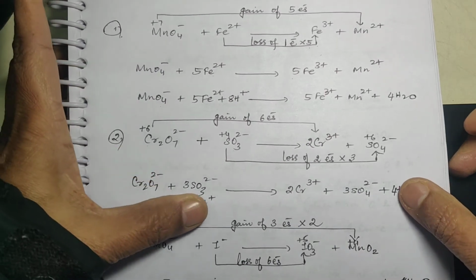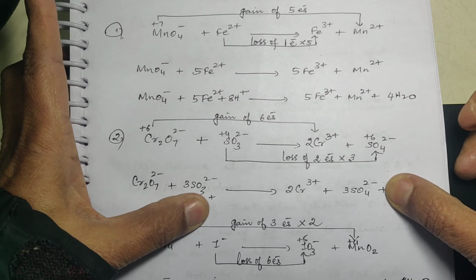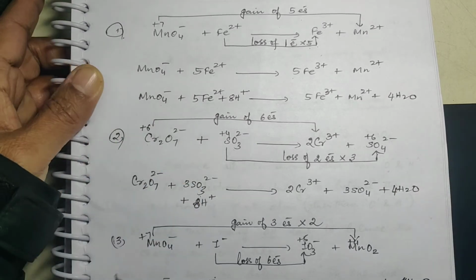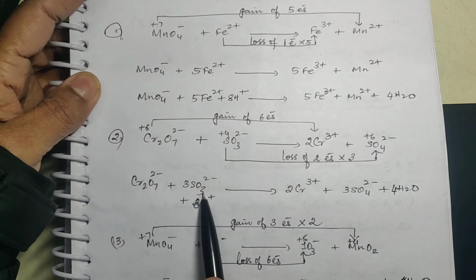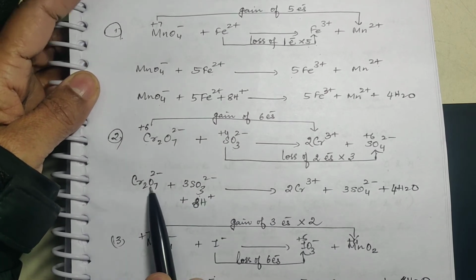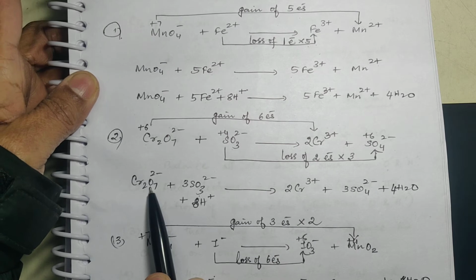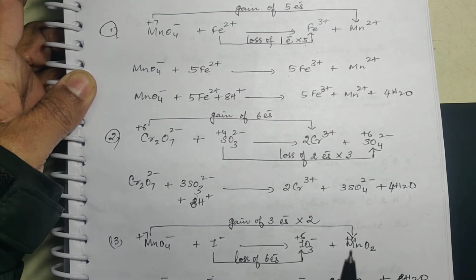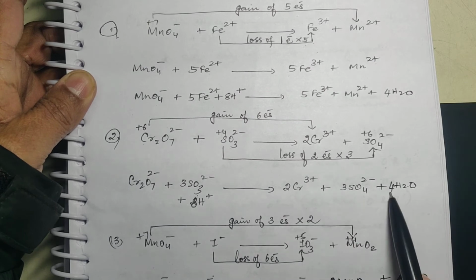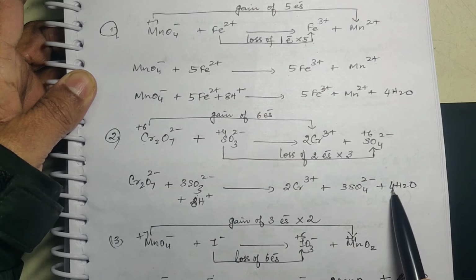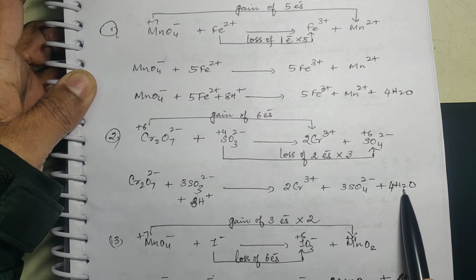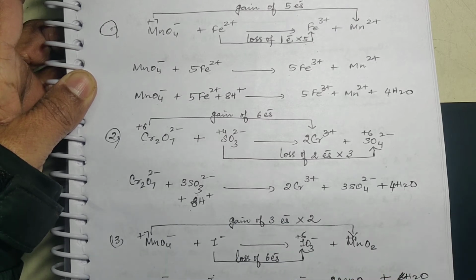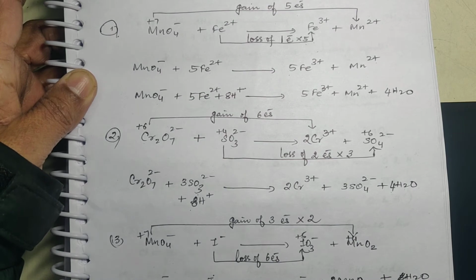Now after writing this, you see how many oxygen atoms there are and how we have to balance hydrogen. So here 3 threes are 9, 9 plus 7 is 16. 16 oxygen atoms are there, right? And already you have 3 into 4, 12 oxygen atoms. So only 4 you have to add. So that 4 you are adding in the form of water. Correspondingly 8 hydrogen atoms are increased. So you are adding 8 H plus. So there, that is the balanced chemical equation.